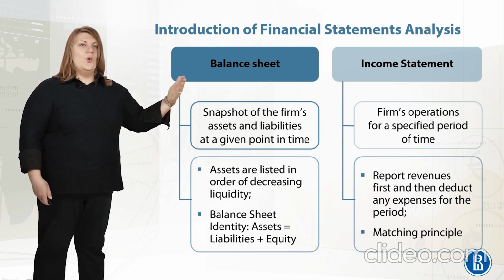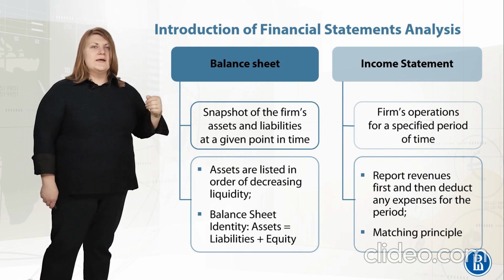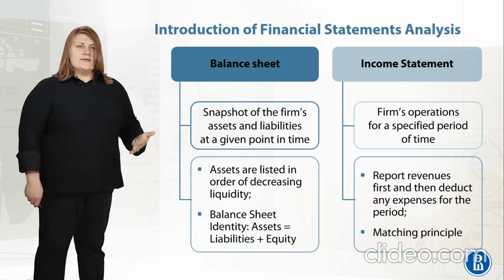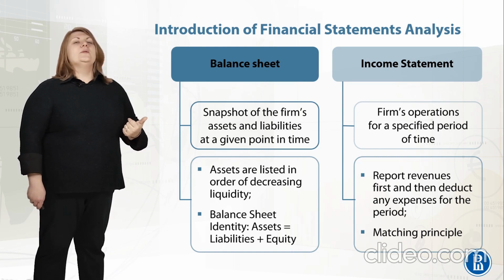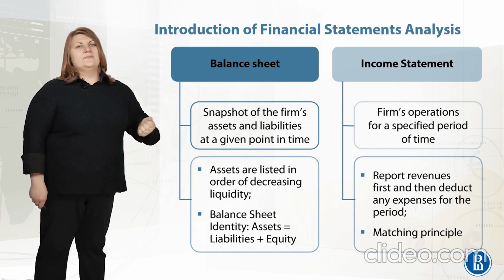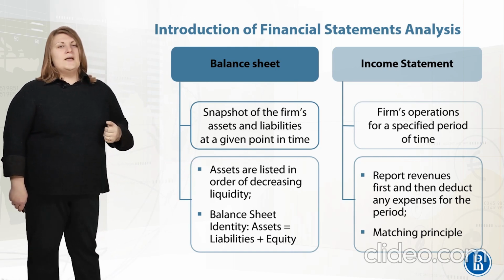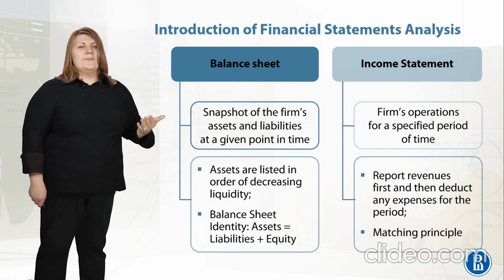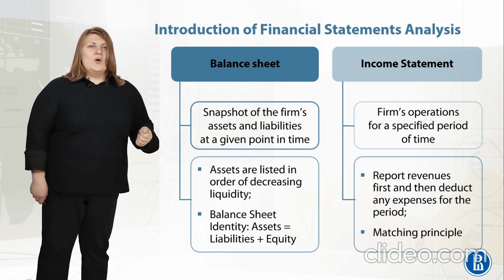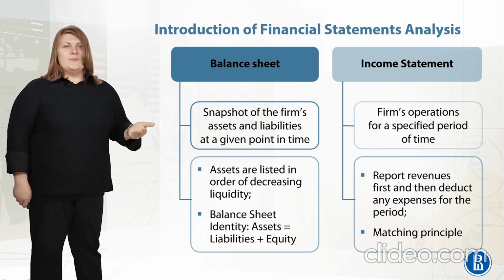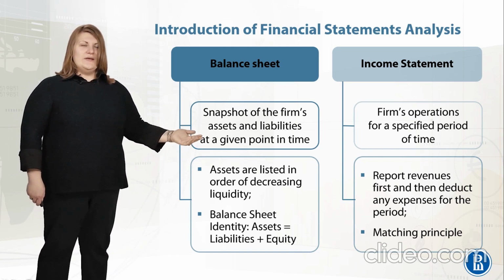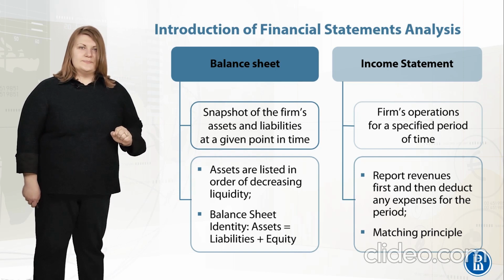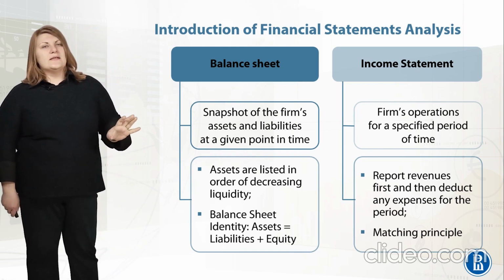less liquid assets will open our report and will be placed at the top of the balance sheet. Now, cash, as the most liquid asset, will be positioned at the bottom of our balance sheet. We should also recall the balance sheet identity, which is represented as the basic accounting equation, which is assets equal liabilities plus equity. Now, as for the income statement